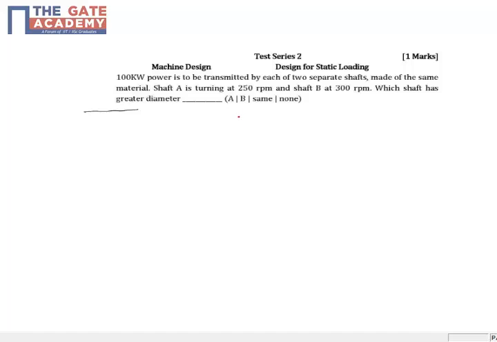Obviously, going by this, you can say that, but let's do it from the theory. So in theory, we need to relate the speed and the diameter. So how do I relate this? First, power is T omega, and omega is 2 pi N by 60. So this is the first equation. So torque, how do I relate? Now, torque for this